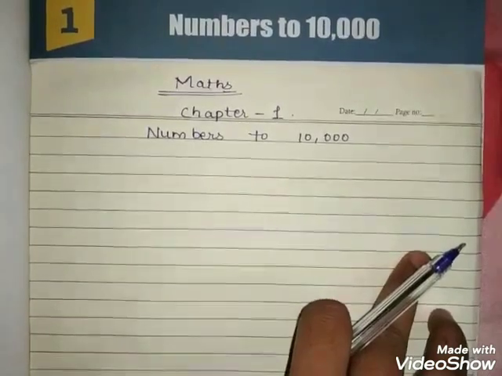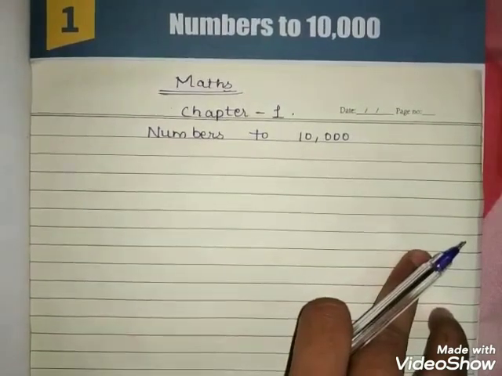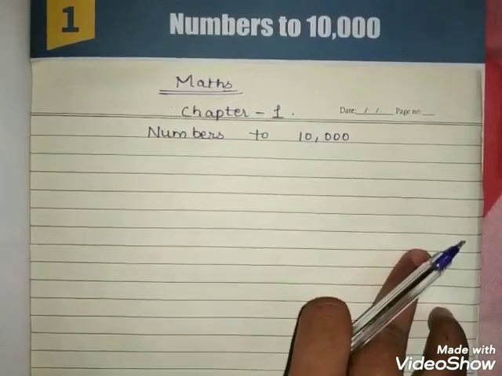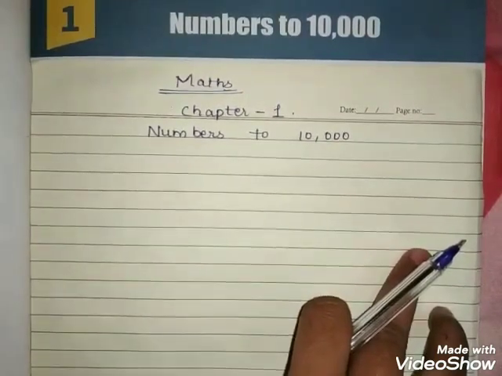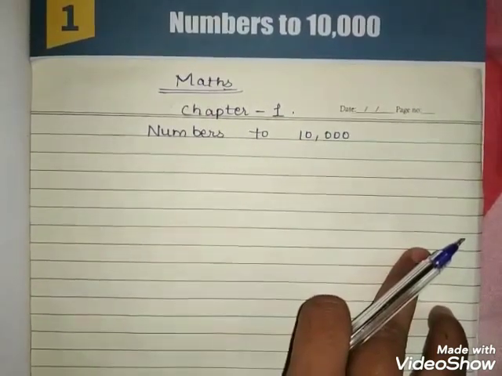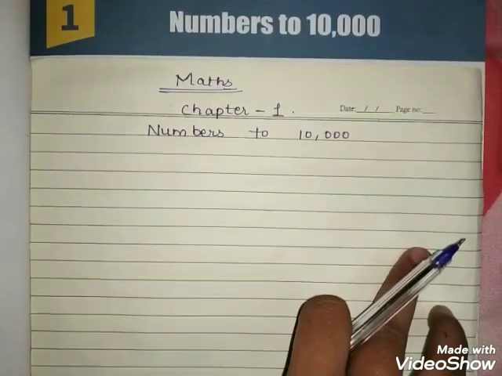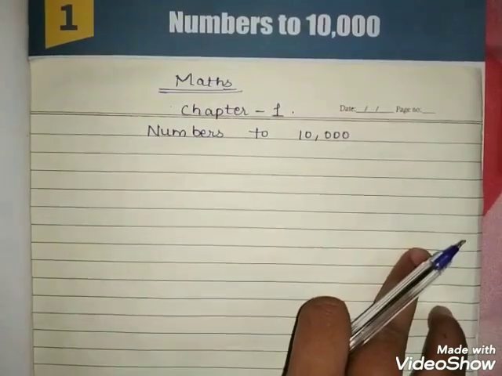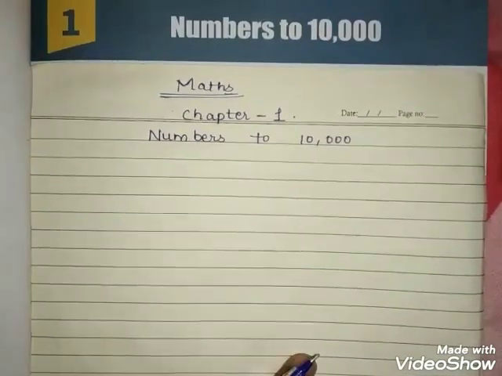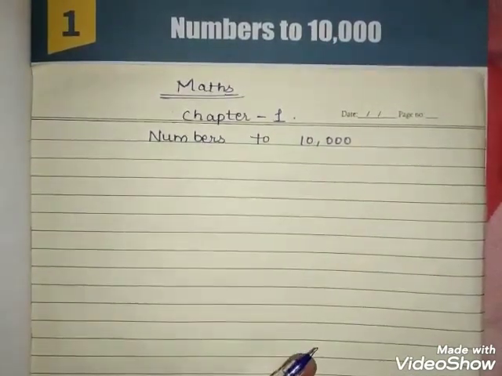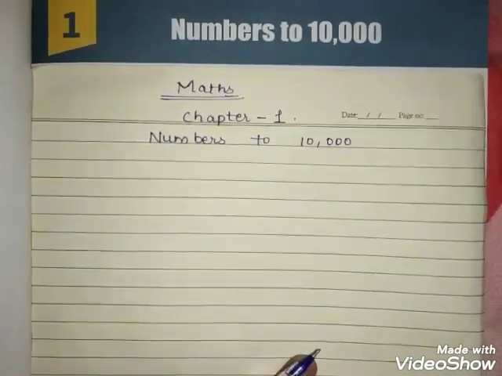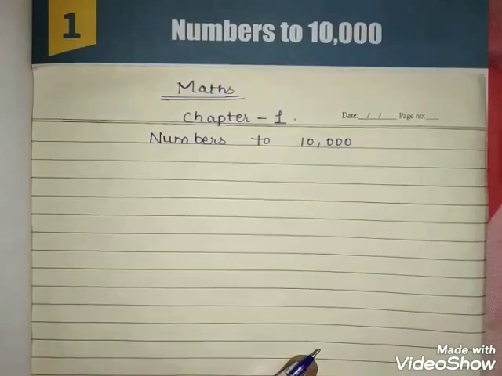Please keep it in mind that your horizontal notebook is your math notebook. Parents, please be careful that your child is writing math syllabus in the horizontal notebook. And you have to leave the first page for writing name, class and section, and leave the second page for making the index. And you have to use pencil only in your fair notebook. I am repeating the same sentence: you have to use pencil only for writing in the fair notebook.